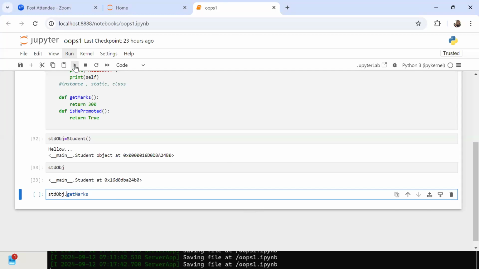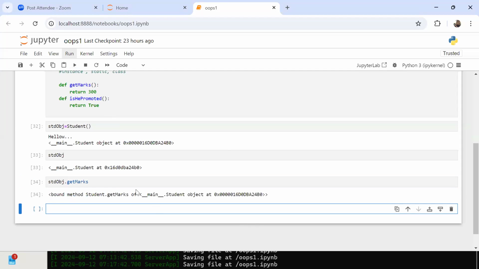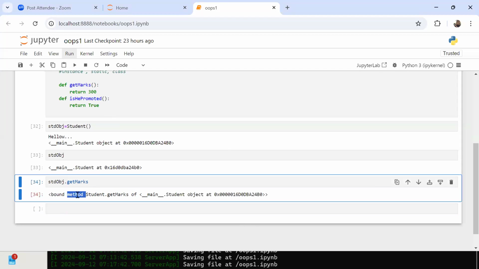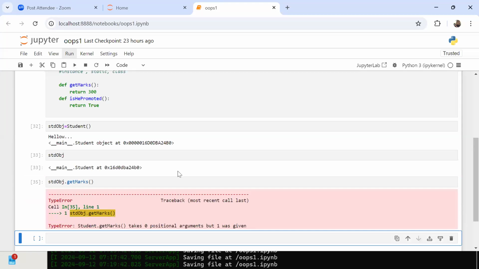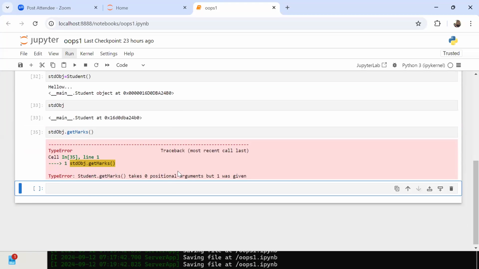If I call it, my student marks is what? It is a method or not? Yes or no? If it is a method, can I call it? Again, you have to answer it. Simple thing. Come on, tell me.